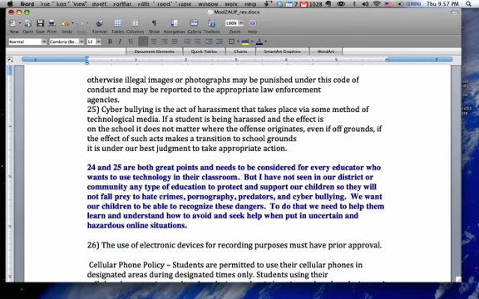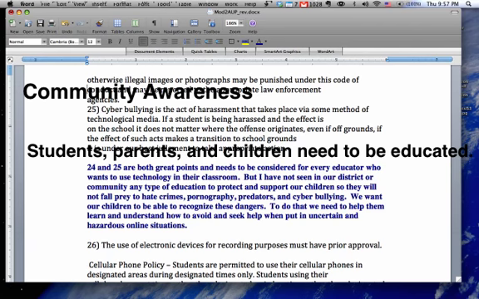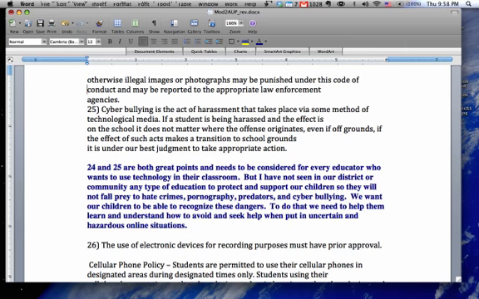And I talk about it from an education point of view. I really think that the community needs to be educated. Parents, children. It's nice that it's a part of this list. It's good and all, but I think it needs to be something that brings everybody together, so we as parents, as community, can help our children understand what's going on to help fight pornography, the hate crimes, predators, cyberbullying.